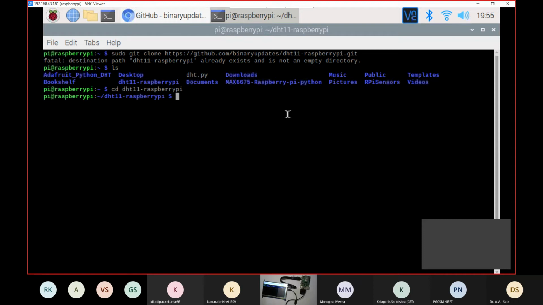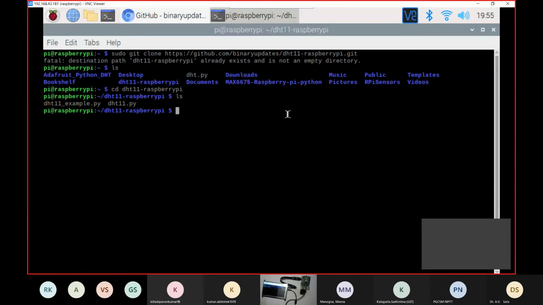As you can see from the left side, there are two repositories over there. We will be using DHT11 example.py.